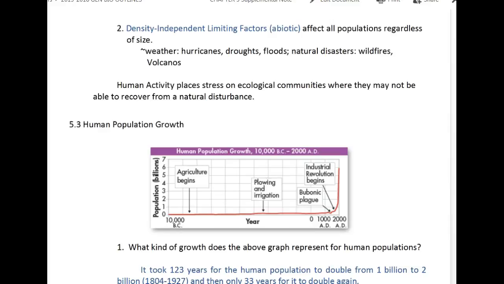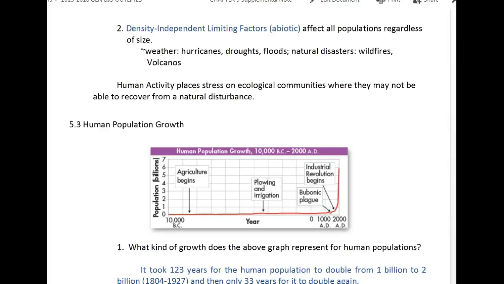If we had an island with 5 rabbits on it and a hurricane hit that island, since there are only 5 rabbits, it would probably kill all the rabbits. Versus an island with 500 rabbits, where there would be a greater chance for some rabbits to survive and repopulate over a few years.